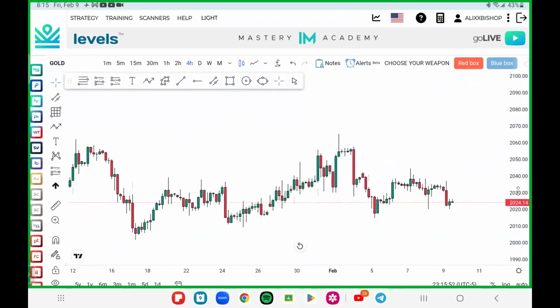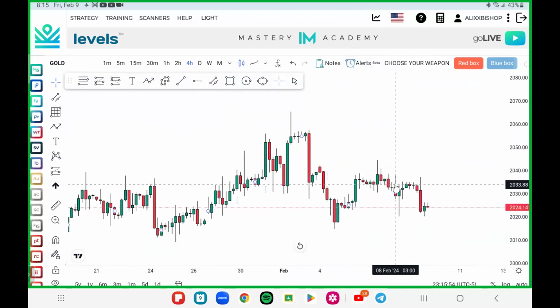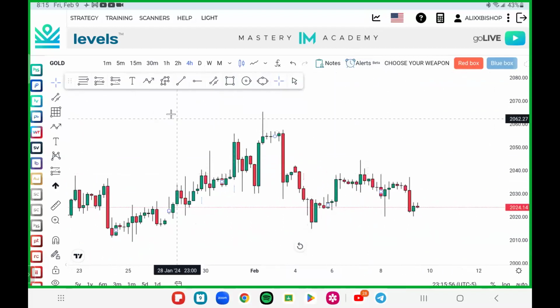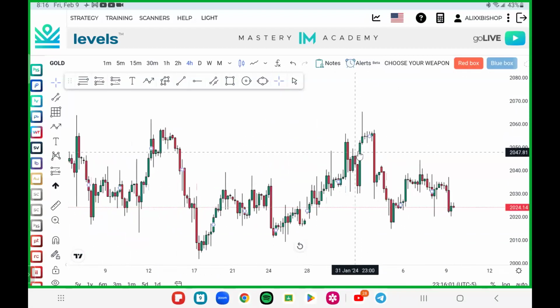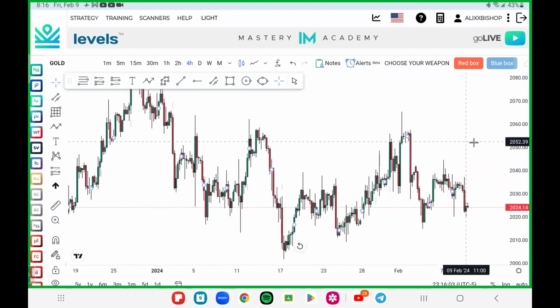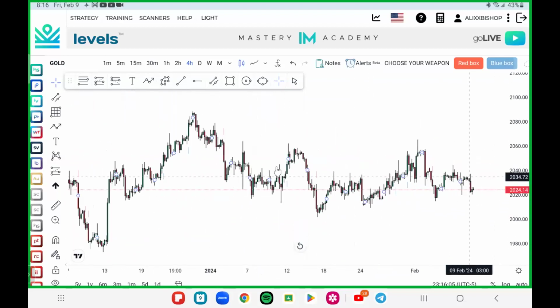Oh man, look at this one right here. This was today, actually. We can see market structure right here is pretty clean. Now, I know most of you guys are looking for buys, right? But in my opinion, a lot of this right here is just straight up